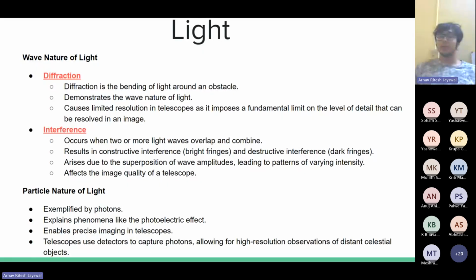Let's start with telescopes. If you have to learn anything about telescopes, we'll have to start with light. We have studied light for years and years since sixth grade, but let's have a quick recap of what light is. Light is known to show wave nature and also particle nature. Wave nature of light is shown by diffraction, and particle nature of light is shown by